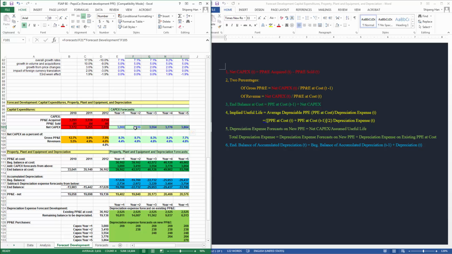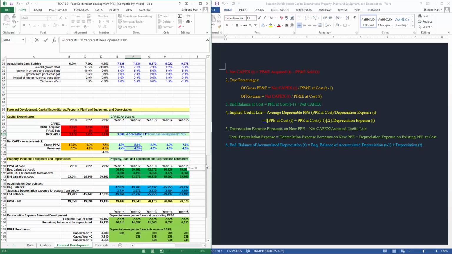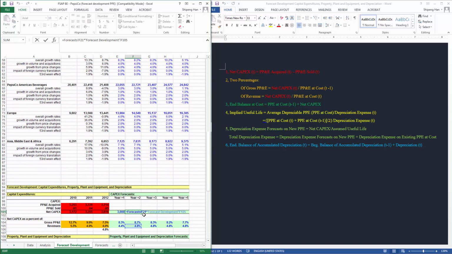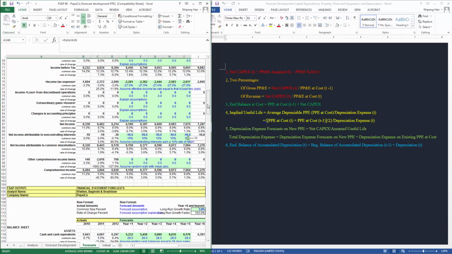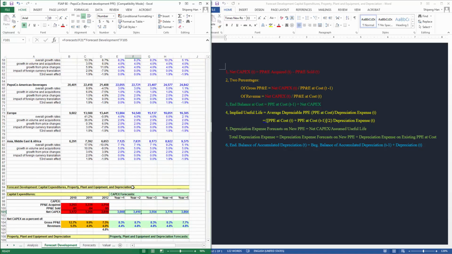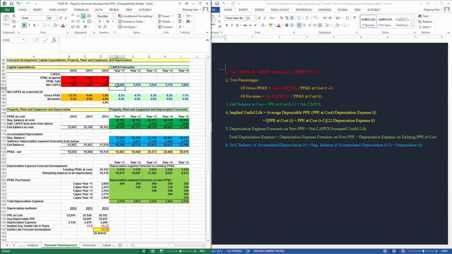Okay, so if I click one of the cells, you find it is a forecast: F105 is a percentage of revenue. F21 is in another tab. F21 is just the revenue of year plus 2, right? Okay, so now we forecast the net capital expenditure from year plus 1 to year plus 5,